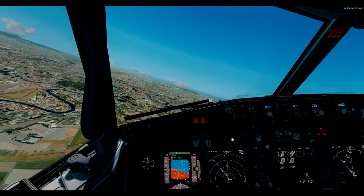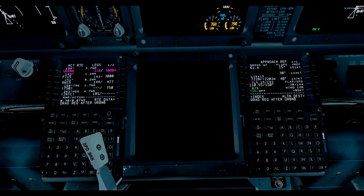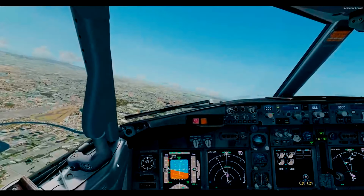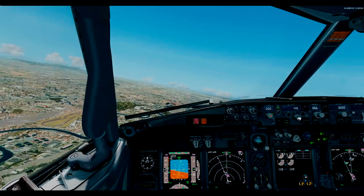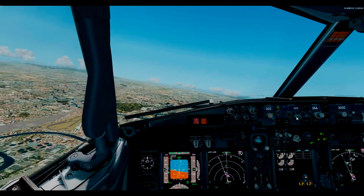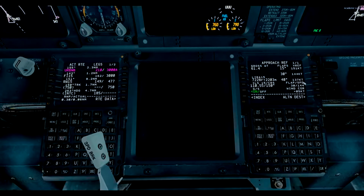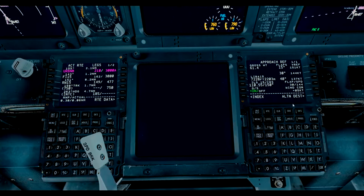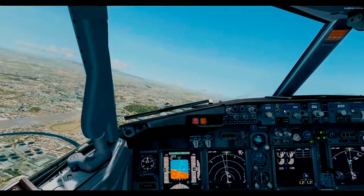Right, we got an FMC message. Drag required. We should be okay. Actually, no, we need to descend a little bit more. Let's actually see what our final approach speed is. 144 plus 5 knot correction. 149 is going to be our